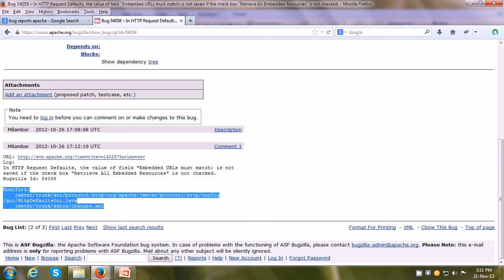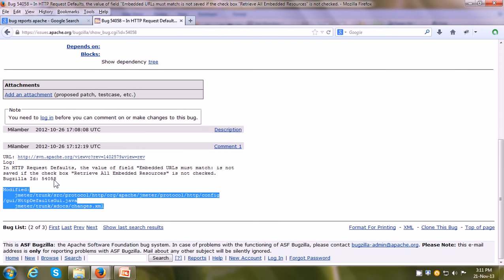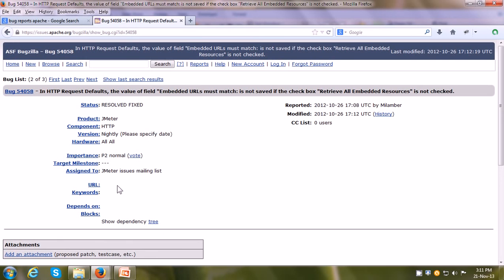So what was the solution to fix this particular problem? Perhaps the bug reporter and the developer was the same person. That is also a possibility. Sometimes developers, when they do their own testing, whether unit testing or integration testing, can find bugs and report those bugs, and if it is the same developer who has to fix it, the same developer can fix it. It just creates documentation for that particular bug. So if later on users come to know about this problem, the fix would already be available.